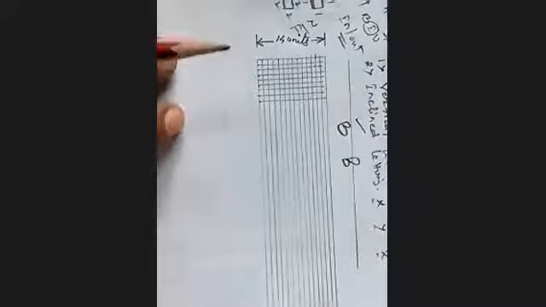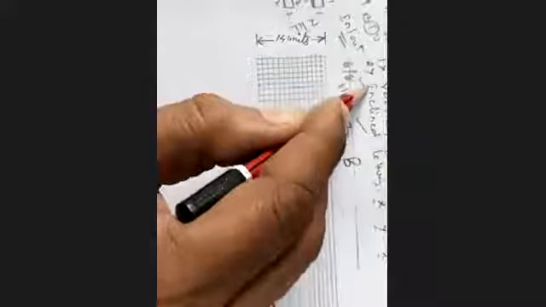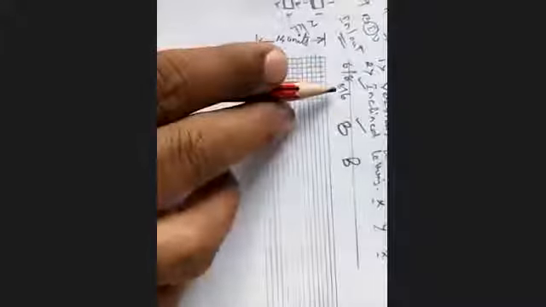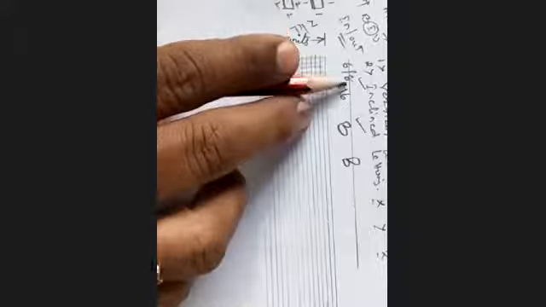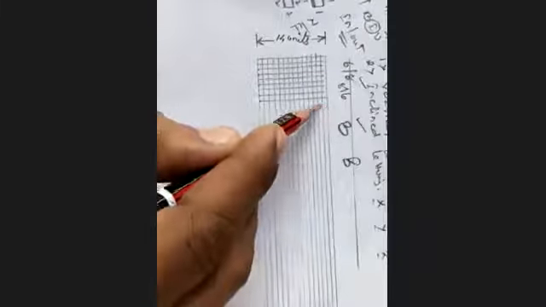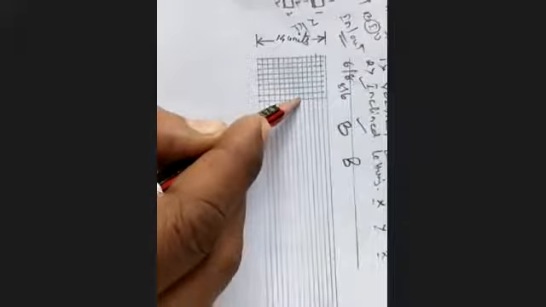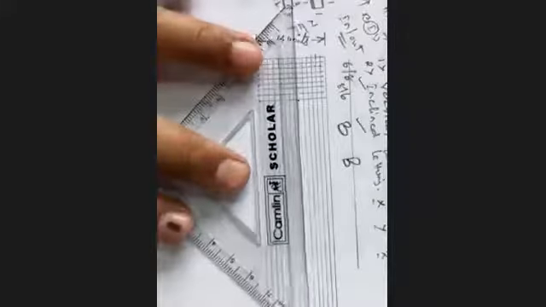Here always remember that this 14 units is a combination of 6-8 or 8-6. What is the combination? 6 and 8, or 8 and 6. Always we prefer 6-8. We may prefer 8-6 also, nothing wrong in that. 6 plus 8 is 14 units. 8 plus 6 is 14 units. See that from here I will measure 1, 2, 3, 4, 5, 6. This is the 6th line. I will make it a little bit dark.